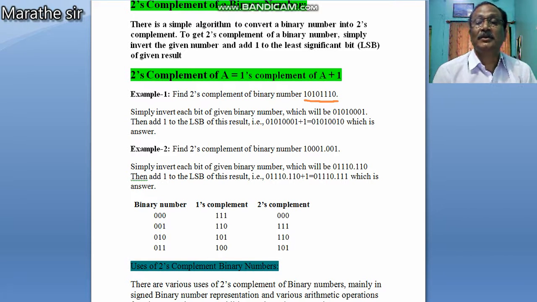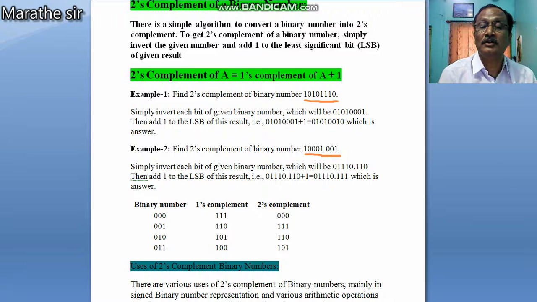In the second example, find the 2's complement of the binary number. Note that the binary number is in fractional format. That binary number is 10001.001. Simply invert each bit of the given binary number, which will be 01110.110.